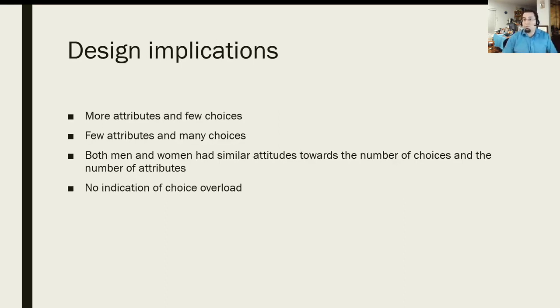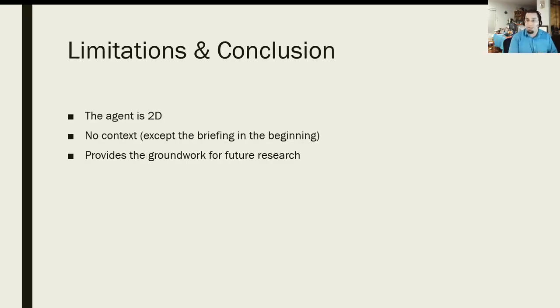So combined, these results present designers with a rather flexible set of design options. They can present users with a few attributes to customize, but many choices in each. They can design many attributes with a relatively limited set of choices. And when we looked to see whether there was any sign of choice overload, we did not see a point above which the user's satisfaction started to decrease. So this is a novel finding in choice literature, as well as choice overload, and extends those to digital environments.